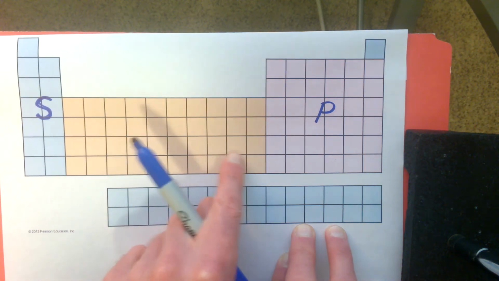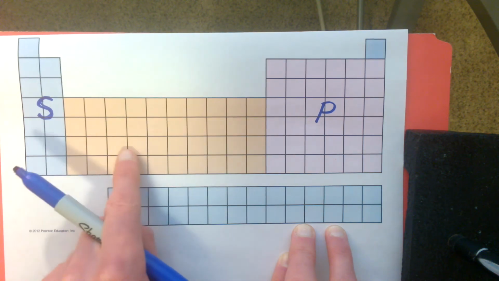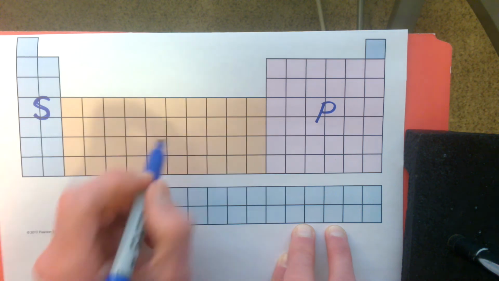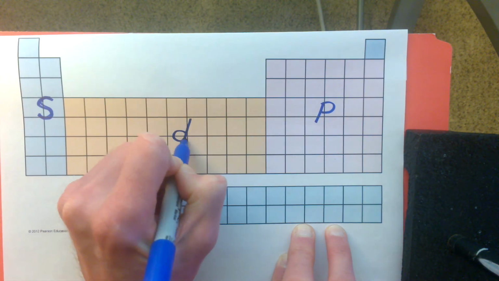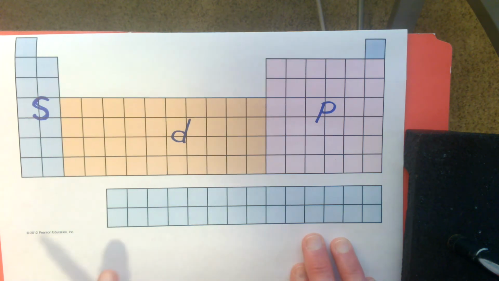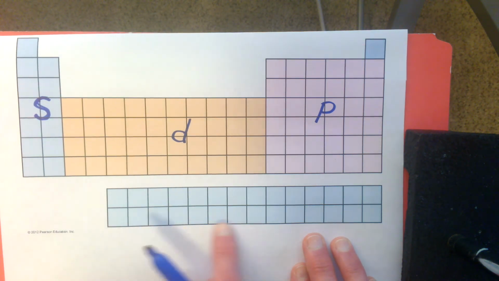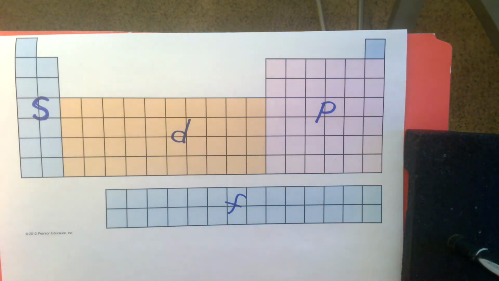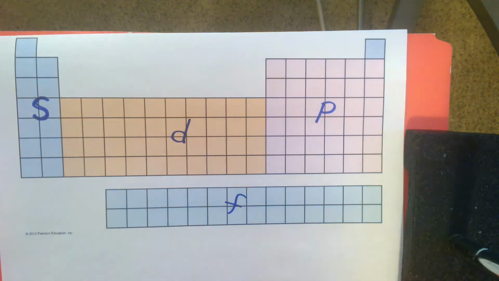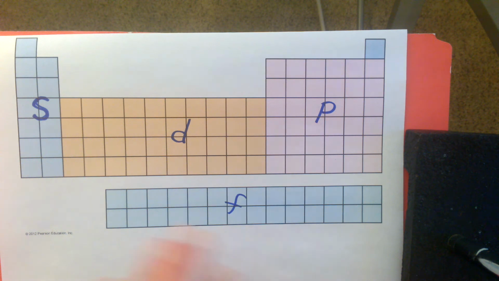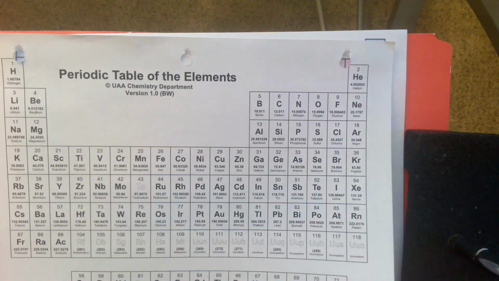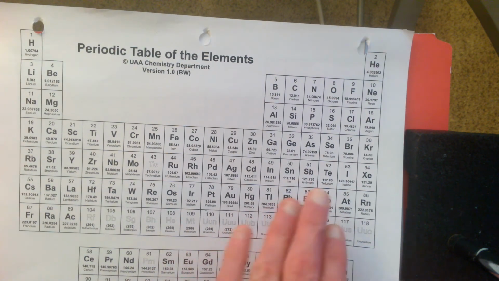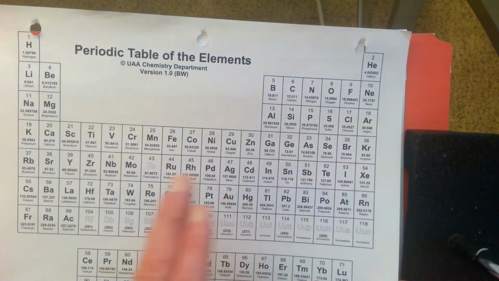Then this middle region here, that's an orange color, has 10 columns across it. That is where the D orbitals are utilized. And then down here is where we would find the F orbitals utilized. So the periodic table shows us the arrangement of these orbitals and when each one, S, P, D, and F, is utilized. Here is a periodic table that's completed for you, and you can see how it is blocked into 4 sections,